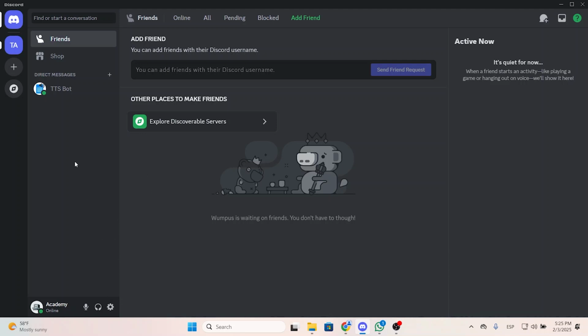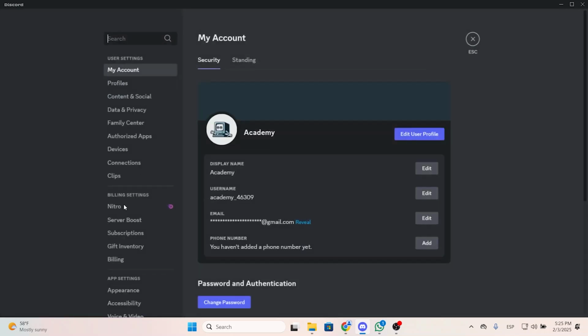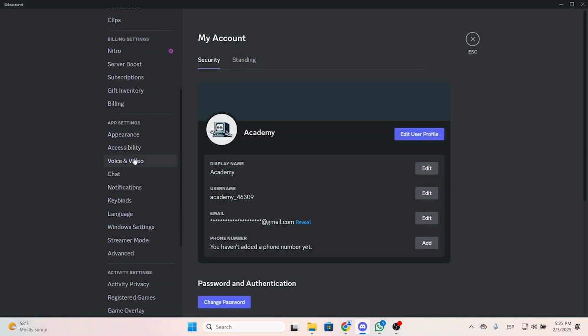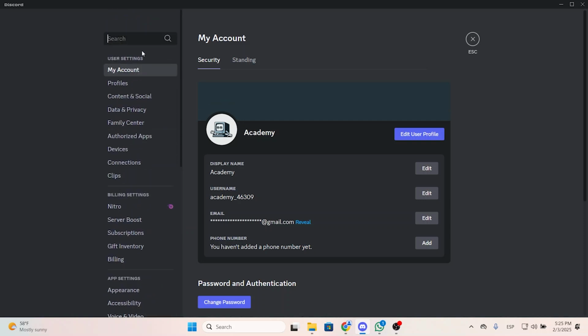So all you need to do is open Discord. You can do this on the website version, the desktop application, or the phone application as well. And then go to your user settings at the bottom left of the screen. Once you are here, you need to scroll down until you see voice and video, or you can also search